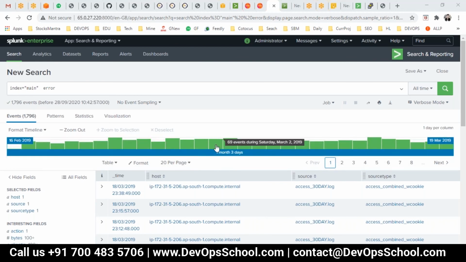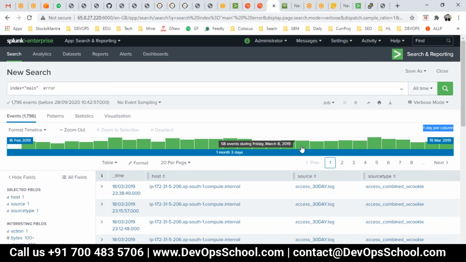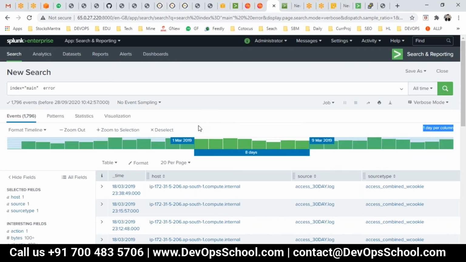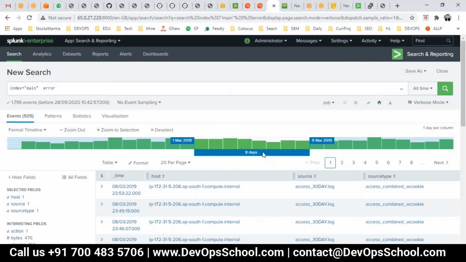So you see here, if you hover over that, you will get that okay, at that point 69 event has happened. If you want to filter it out, there's one more thing you can do on this here, and that is you can select that duration. See here, 80 days. So you can select this and enter. So you can select okay, this many dates, or this many dates, or